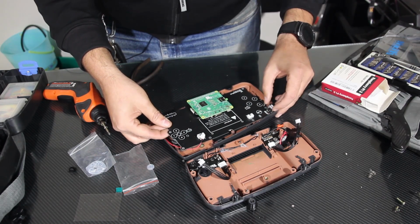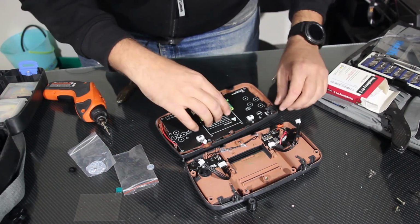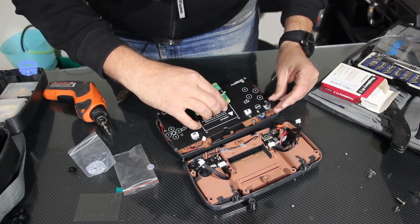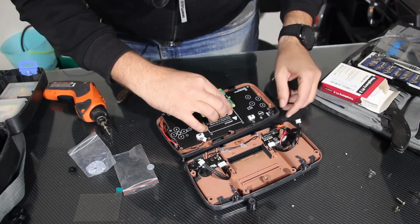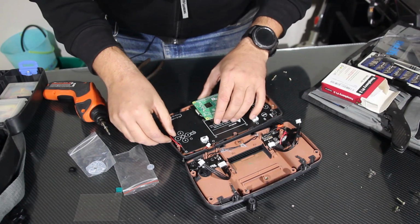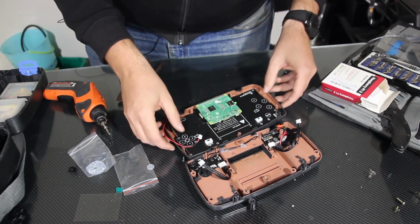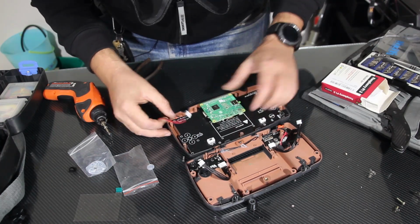Kind of a delicate dance to make sure it can get in without falling off. Kind of have to hold it there with your finger as you place the board in. There we go. Make sure all the holes line up,